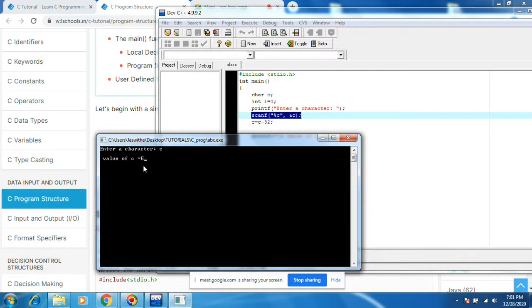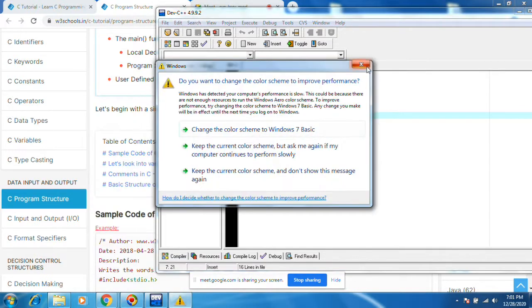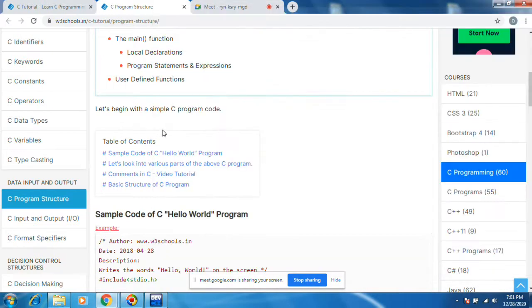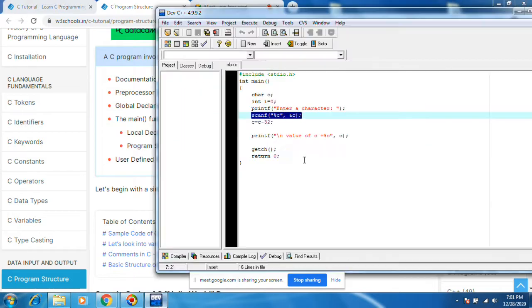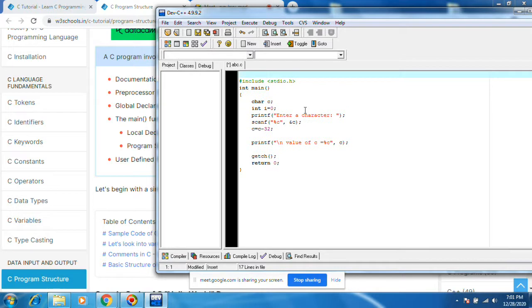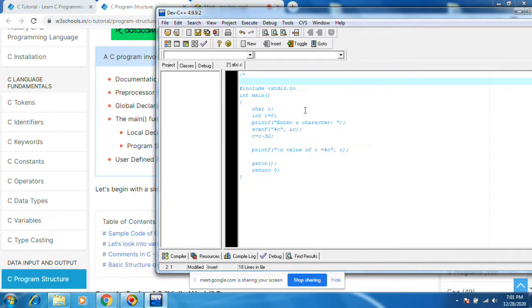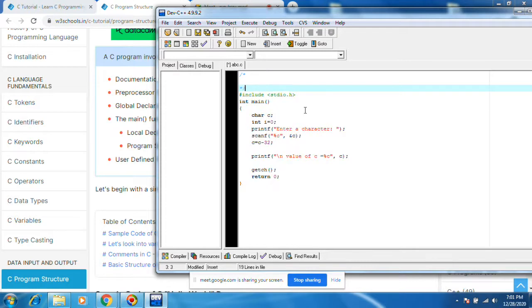Okay, let's see the program structure now. The documentation section is nothing but comments. Why are we documenting? If you write any program, you need to document it properly here.